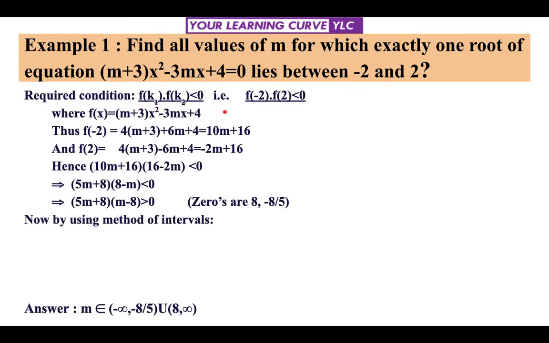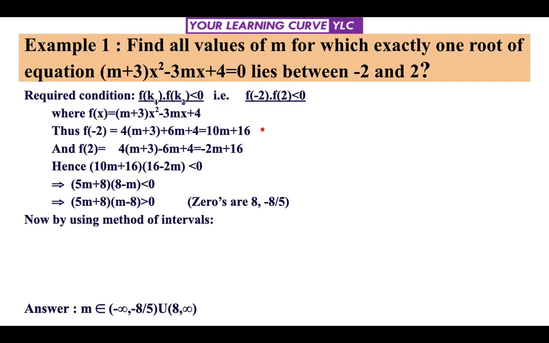So let's do the question. There is only one inequality required to ascertain that exactly one root lies between minus 2 and 2. That is, f of k1 into f of k2 is less than 0. That is, f of minus 2 into f of 2 is less than 0. For f of minus 2, you put x is equal to minus 2. This becomes 4 times (m plus 3) plus 6m plus 4, which is equal to 4m plus 6m, 10m,